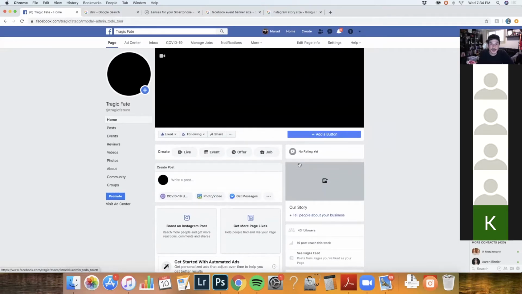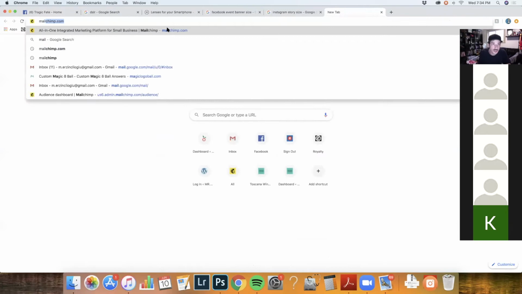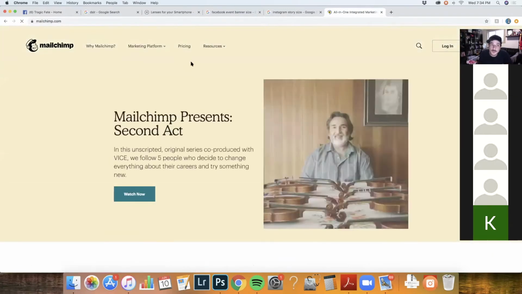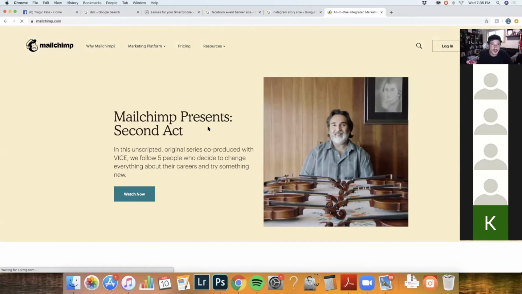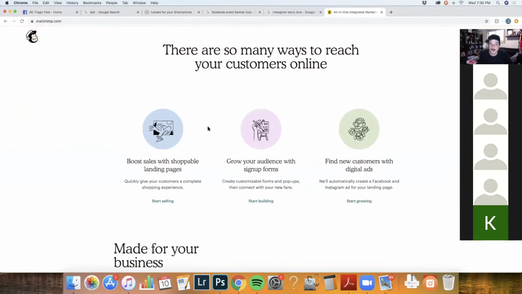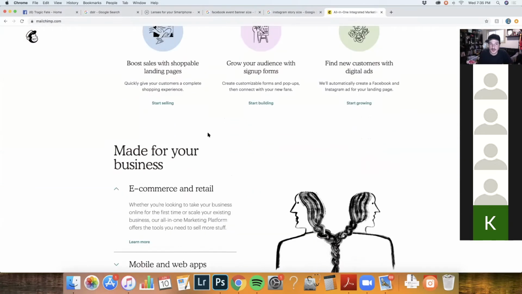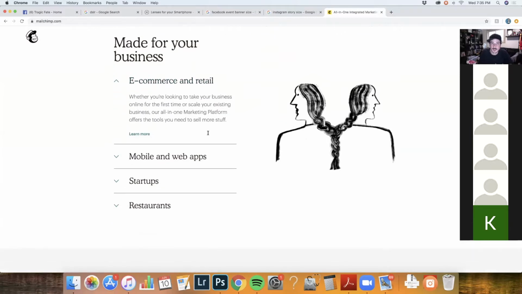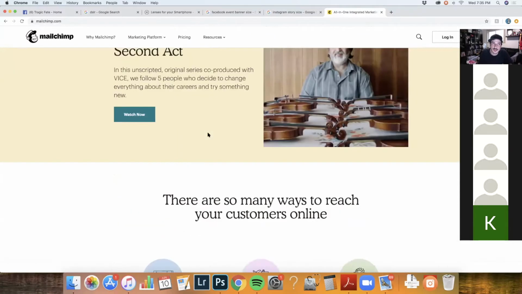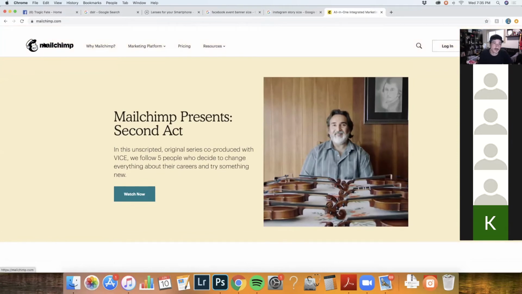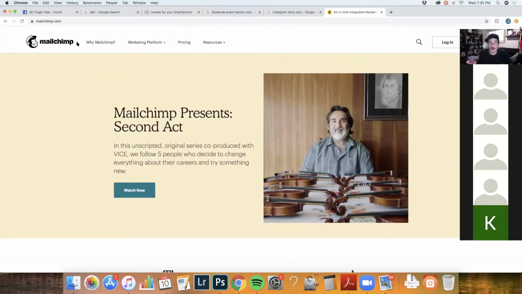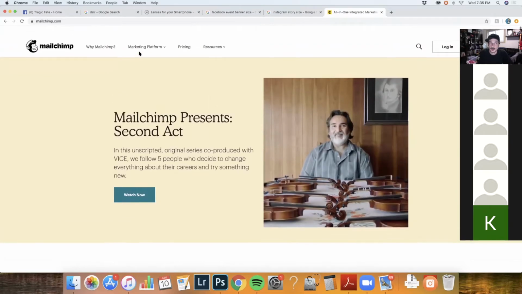If you have an email list, and that's another thing, starting an email list is as easy as going to MailChimp.com. You can set up a free account. It's a great platform. There's a free level and there are paid levels. If you're getting into trying to sell your stuff and build an audience, having an email list is great, and MailChimp is really great because it's free. So start building those lists. Start building your audience from the people you know want to support you. Don't be afraid to invite them there.